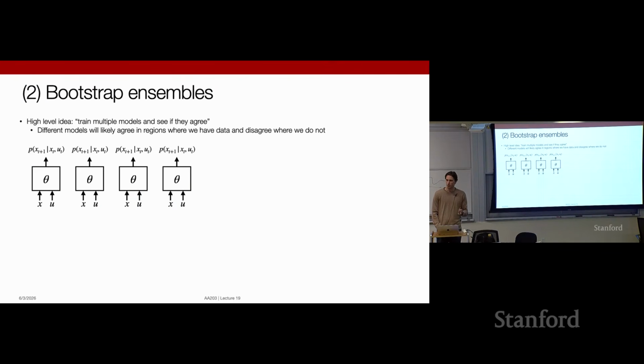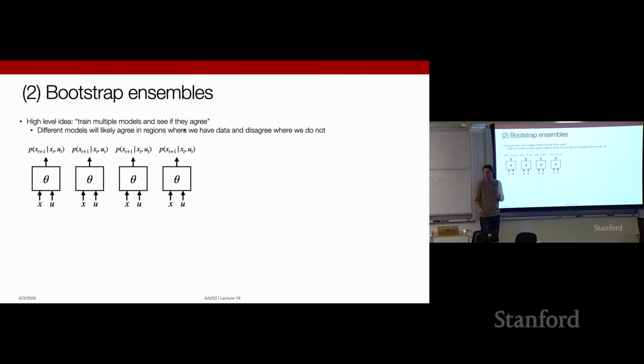Okay, a second approach for estimating uncertainty is referred to as bootstrap ensembles. The idea is that we have this general mechanism for learning dynamical models through supervised learning. That is, we just fit a black box model to our data. And we want to encode an idea of uncertainty in this estimation process. So the idea of ensembles is: let's train multiple models